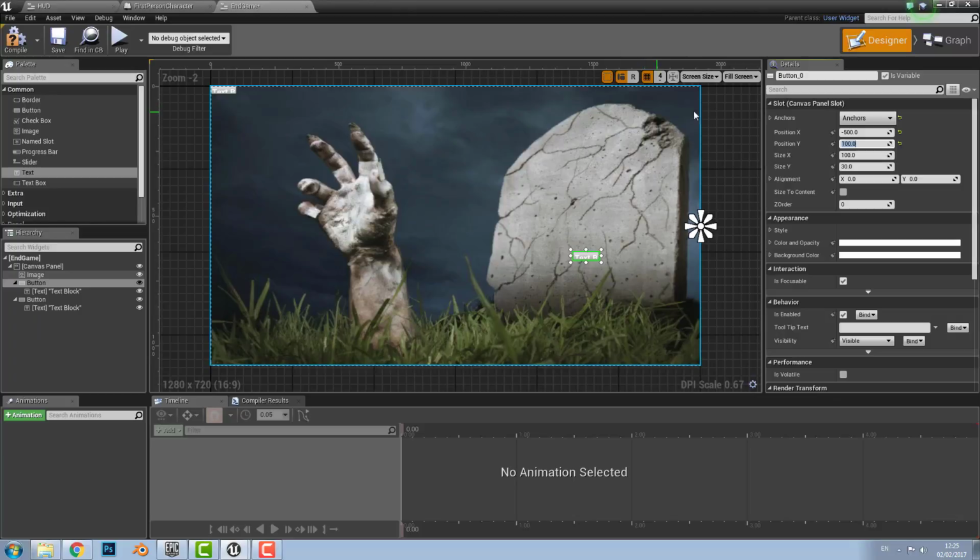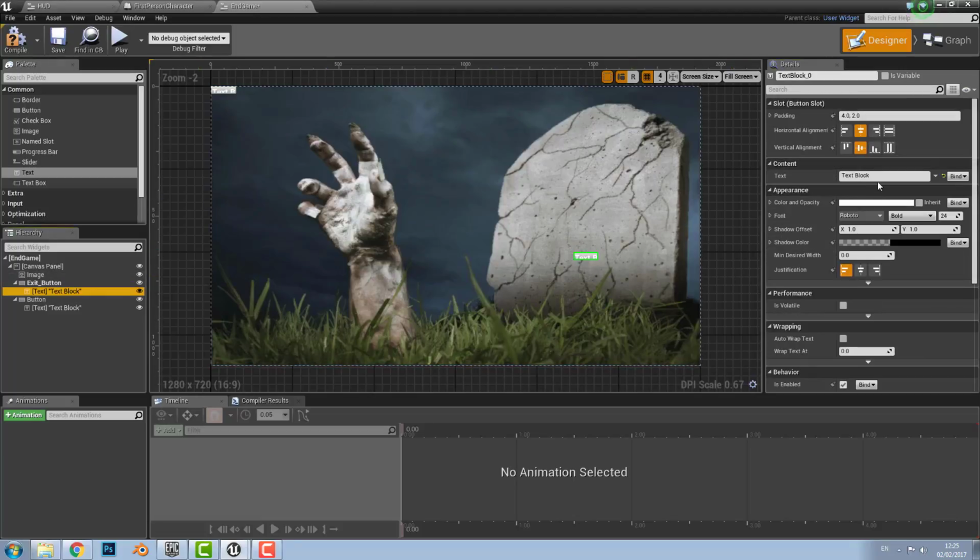And you want to rename the button, so we're going to call this our exit button, because this is going to quit the game for us. Can't type properly. Exit button, and then change the text on that to whatever you want to call your button. We're going to call it exit,